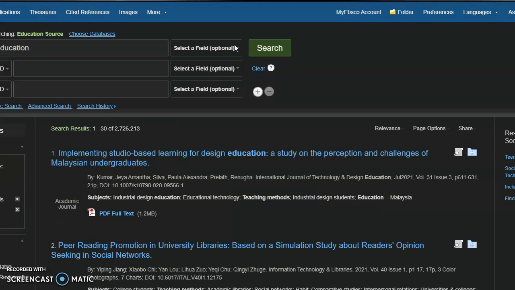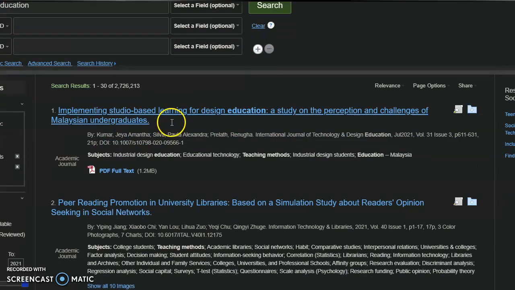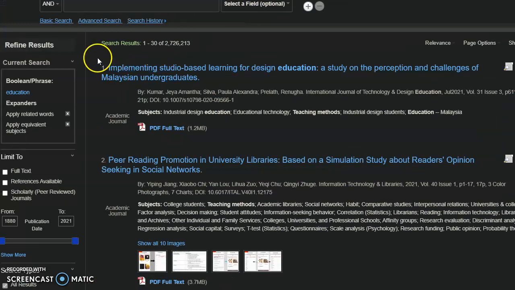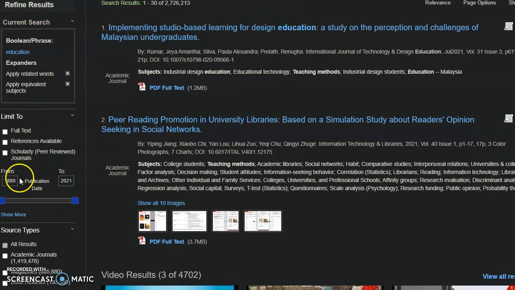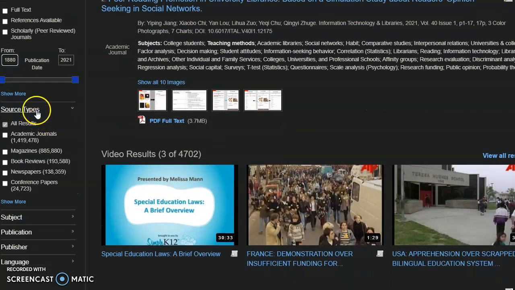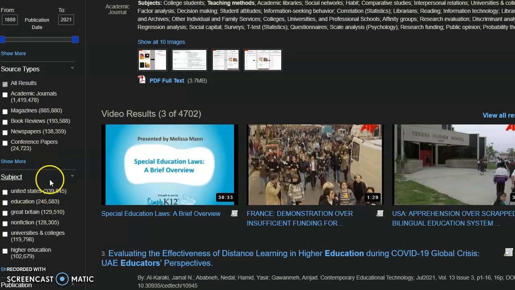And this will look very similar to our main search in that the results are in the middle and your limiters are going to be on the side. So you still have date limiter, full text, scholarly limiters, source type limiters, subject limiters, all